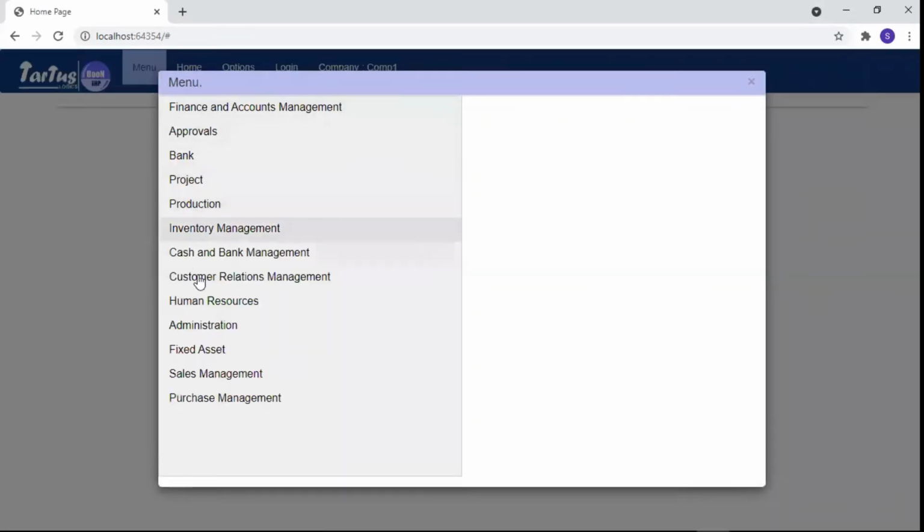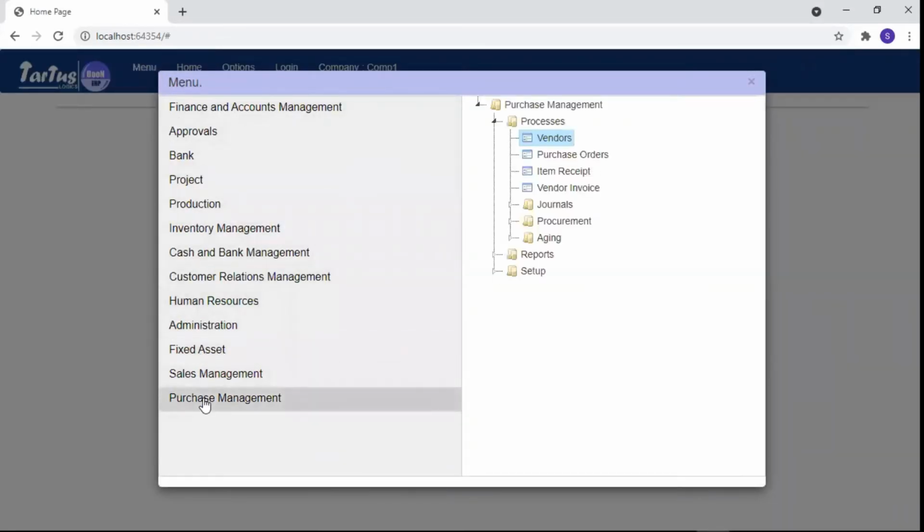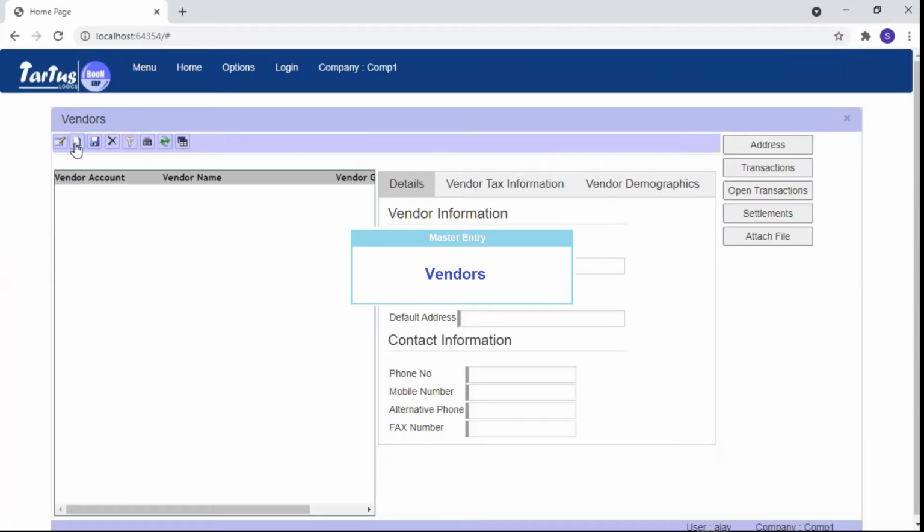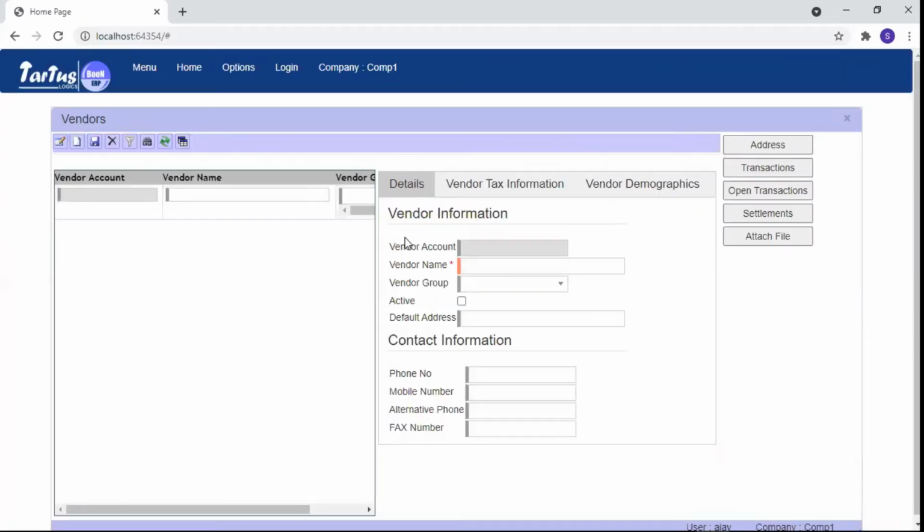We will now navigate to purchase management, processes, vendors. Enter the vendor name and check activate.